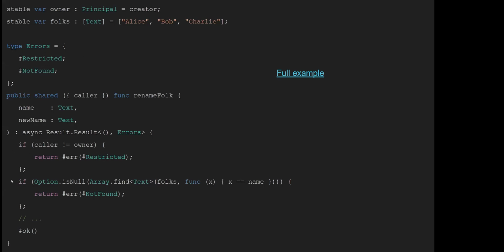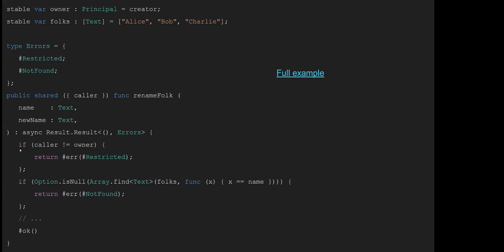So let's look at the first failure case here. We're going to say if the caller isn't the owner, we're returning a restricted error. So we only want the admin to be able to do this. And what we'll get out of this form of access control will be a bit different from what we saw in the access control examples that we did earlier, where an assertion was just telling us, hey, it trapped on this line. This is going to tell us, hey,